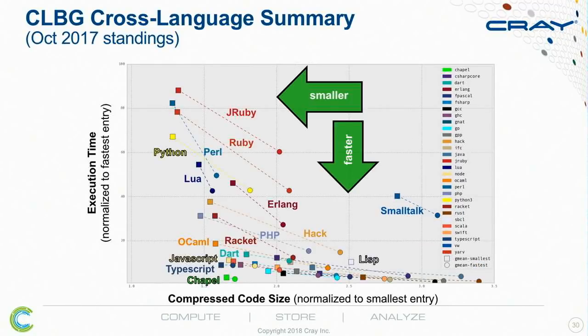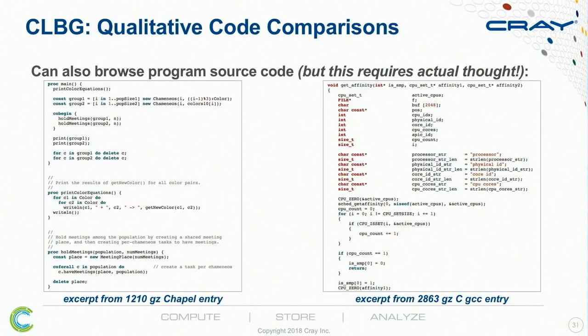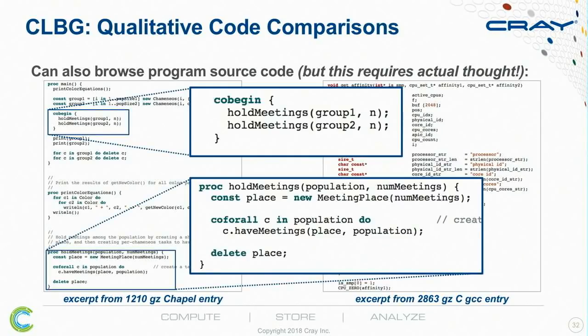And if I zoom back out, we're again uniquely down and to the left compared to where most other languages fit nowadays. Now, of course, we all know that language succinctness isn't necessarily the best metric of productivity. So the website also lets you go in and look at the programs, and for the Chapel,